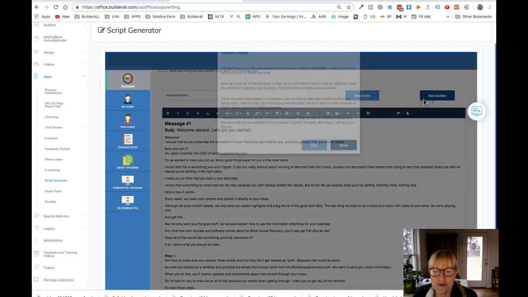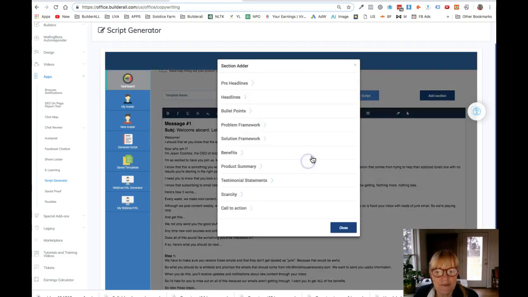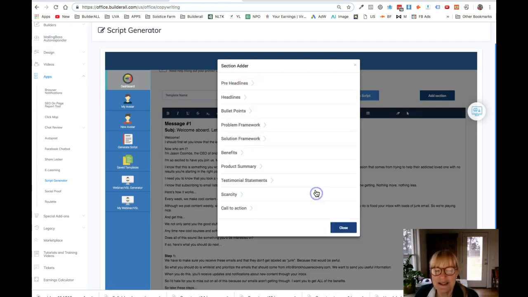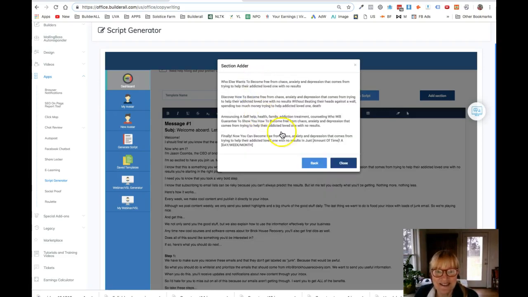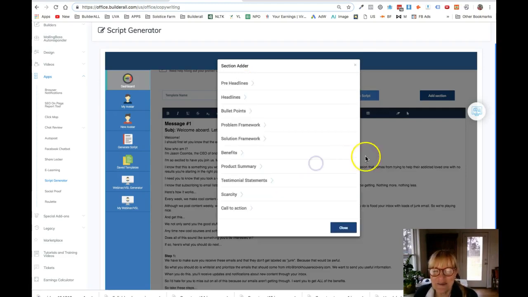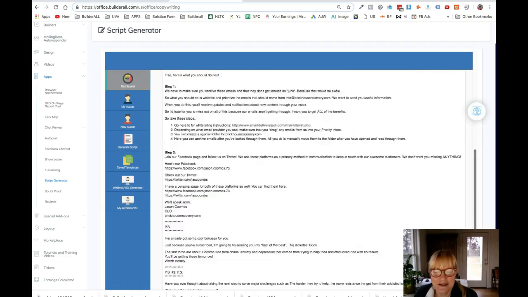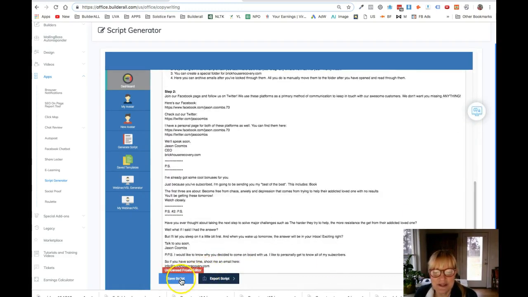And then if we wanted to, I should have gone back, add in benefits, it gives you some benefits that you've been looking at. I mean, it's just great headlines. It just gives you ideas of what to put in. Amazing. So if I just close that down, and if we then save this script,